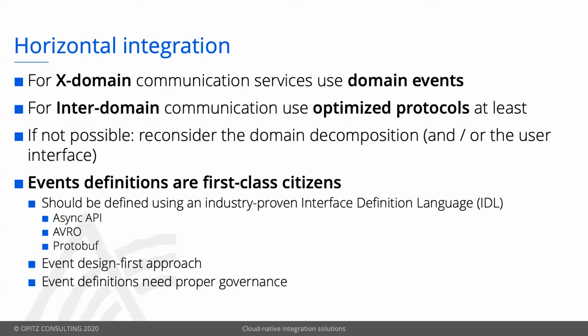So what does this mean? Maybe not use HTTP, but use something like gRPC, which is an optimized binary communication protocol, synchronously. And also keep in mind, events are first-class citizens like APIs, so they should be managed like that